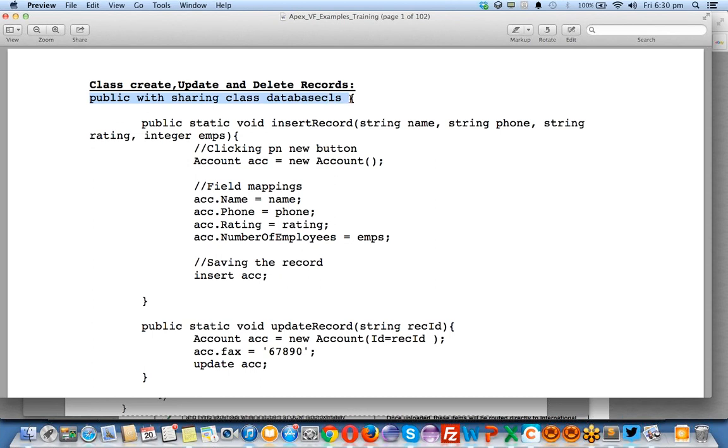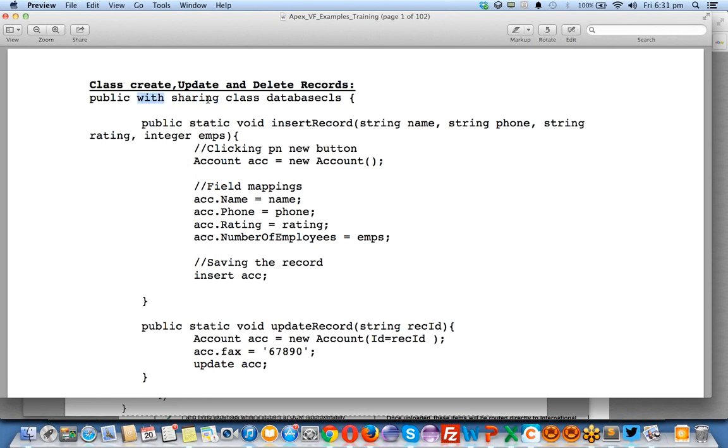I have a sharing permission, with sharing. If I'm using the with sharing keyword in my class, it means I'm using all the sharing rules in the system in the current organization. If I'm a sales user of Hyderabad or some city in the US, San Jose, I will get access to all the records assigned to me, because I'm not a system admin or a super CEO who can see all the records.